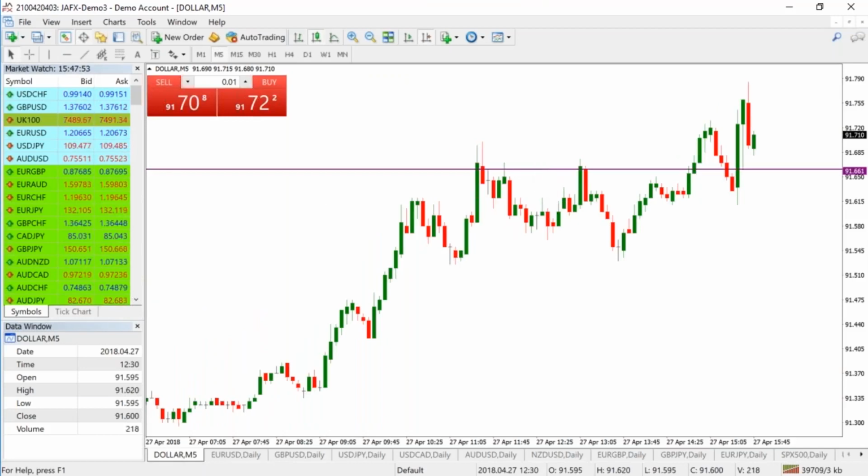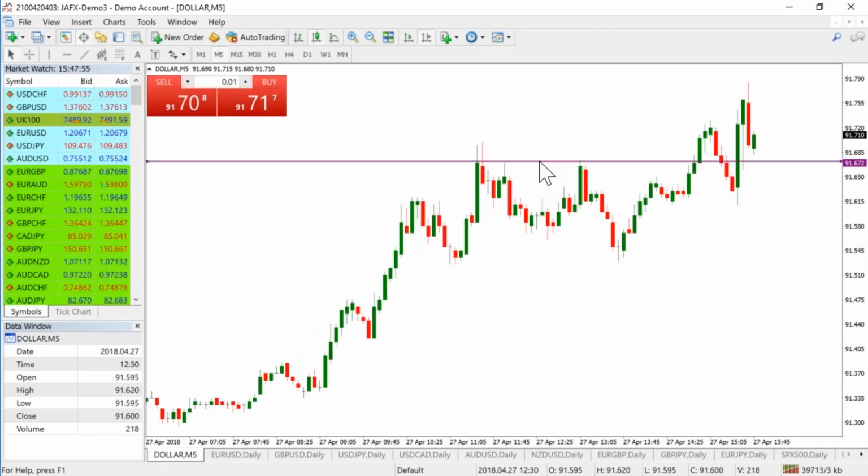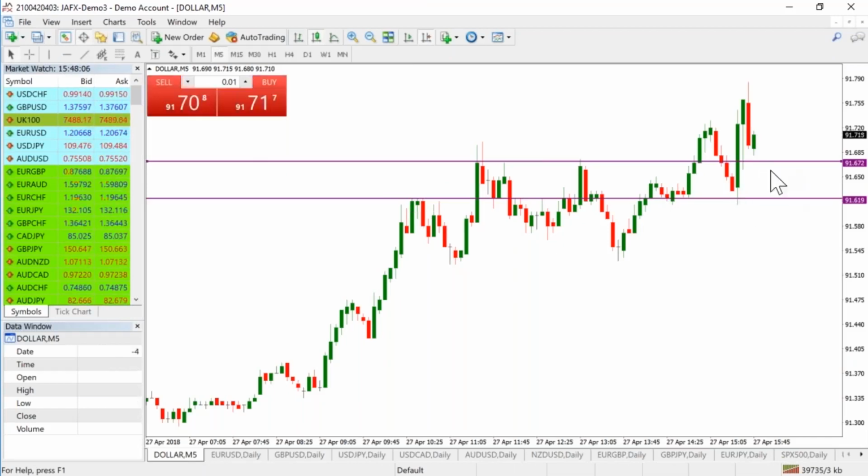So really, what we're left with is a selection of dollar-related markets. So we've selected the dollar index to push higher. So we'll go through these one at a time. We know which markets we want to trade. So that is the dollar index, the euro dollar, the pound dollar, the dollar yen, and the New Zealand dollar. And now we're just looking for the type of setups that we like to trade.